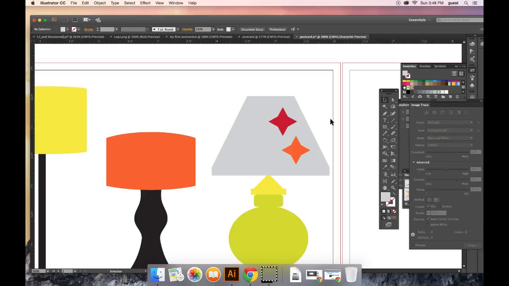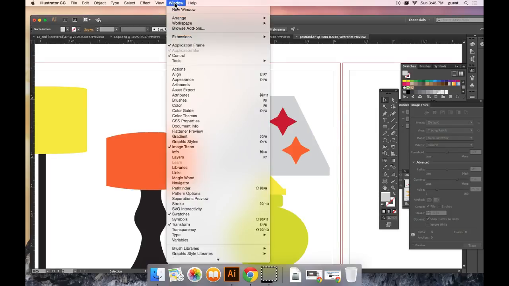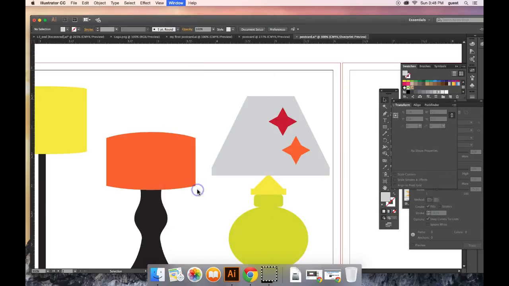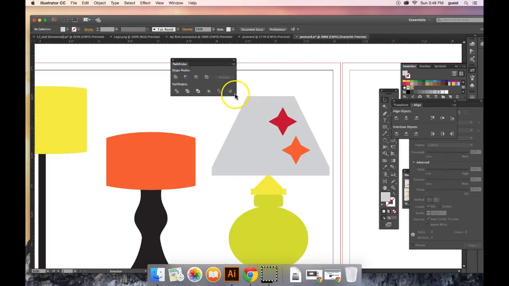Pathfinder panel. The bottom row of buttons in the Pathfinder panel, and you can locate that by going to Windows and Pathfinder. And we'll go ahead and bring this out so you can take a look at it. And you can see that we have different shape modes, and we also have different Pathfinder modes. And so what we're going to do here is we're going to finish the yellow and green lamp using the